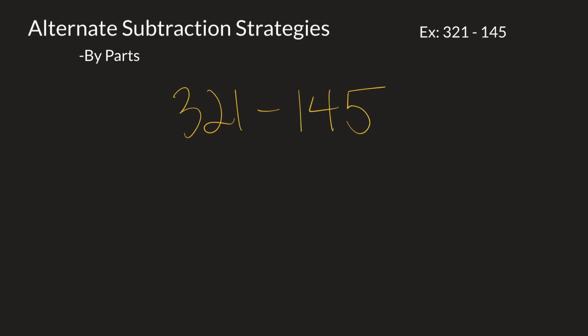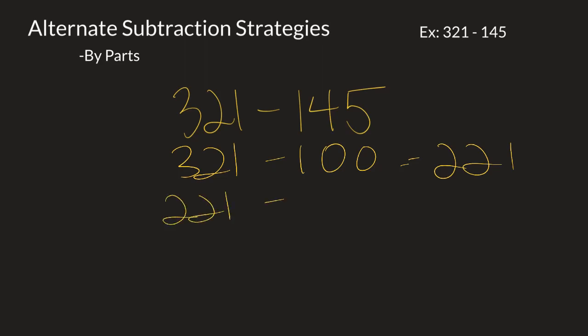By parts is the last strategy, and here we go. We're going to break down this 145 by their place value so it's easier to subtract by, and we're not going to forget the different parts. So let's go 321 minus its first place value, which is 100, and that equals 221. Now we go to the next place value, subtracted by 40, which is going to equal 181. And last but not least, 181 subtracted by 5 is equal to